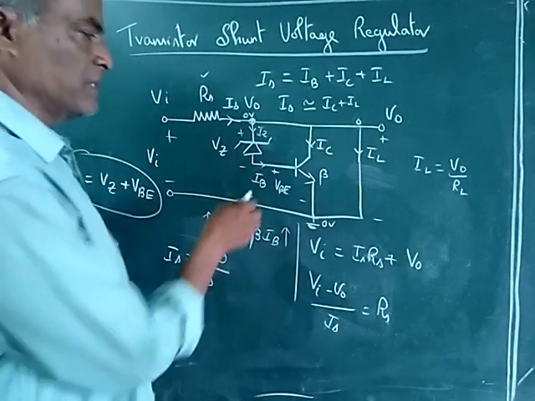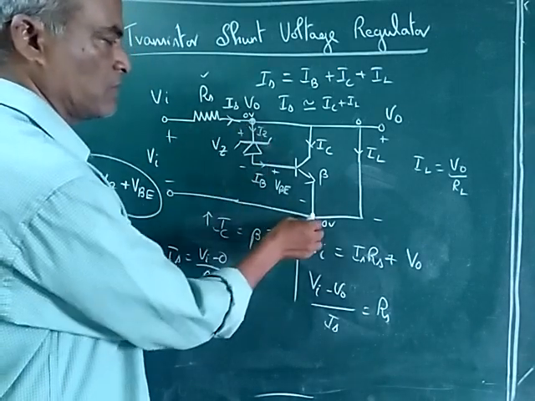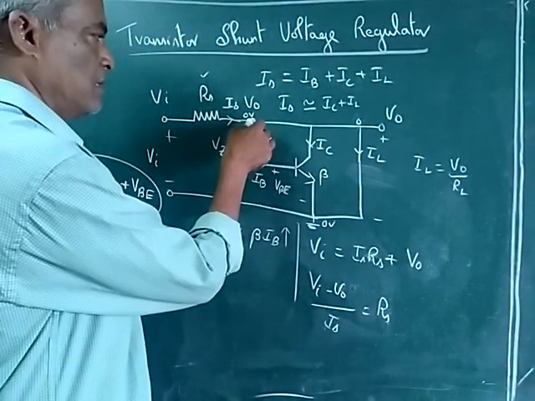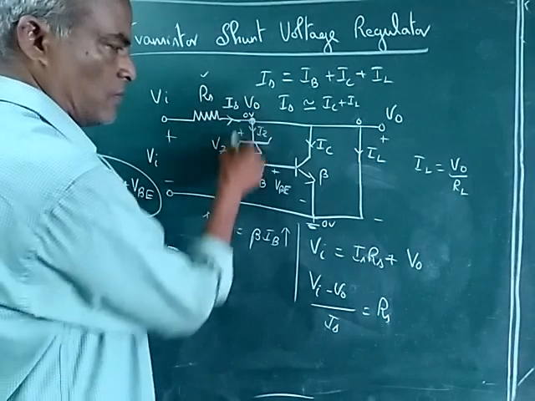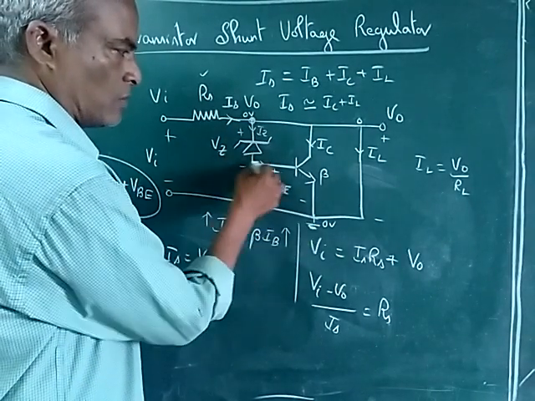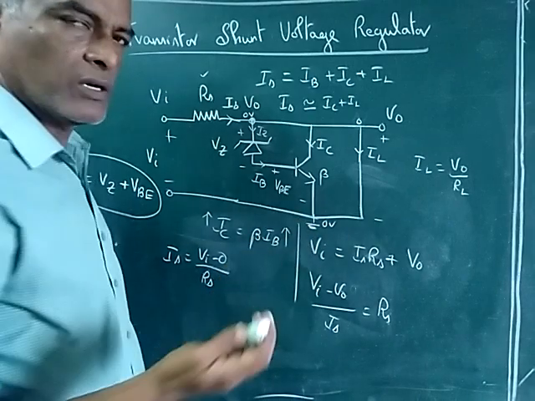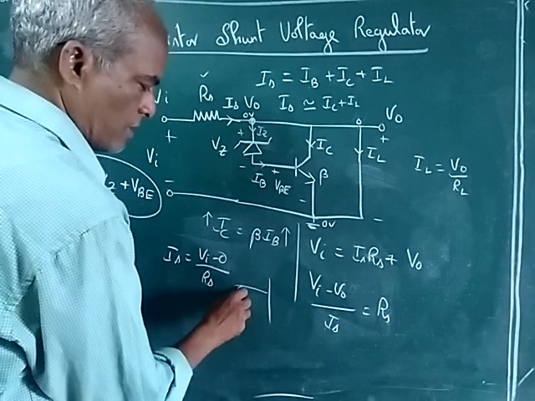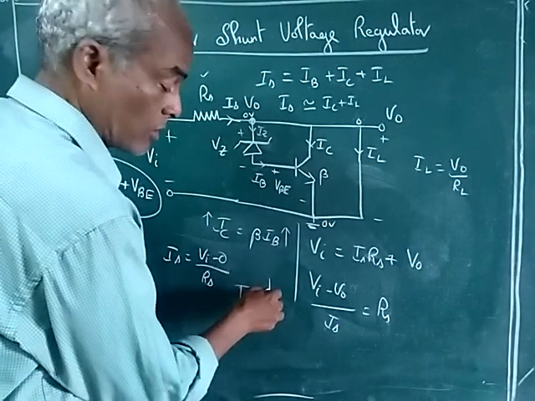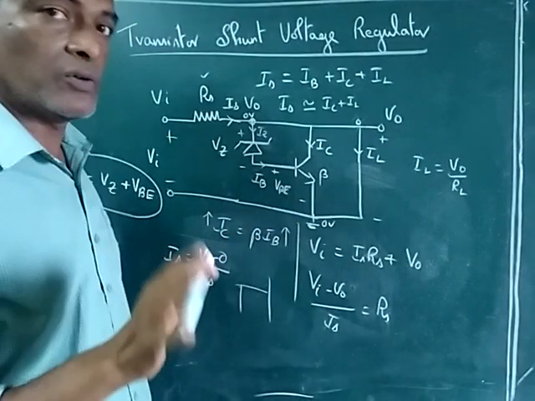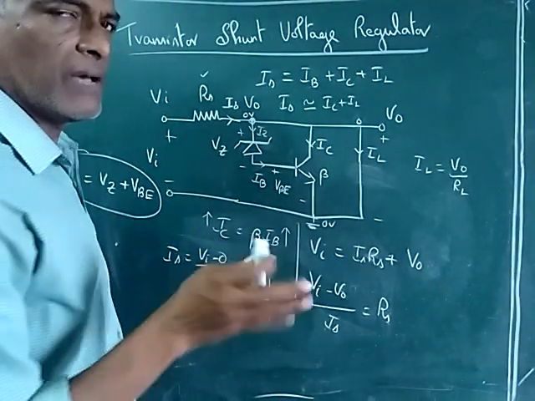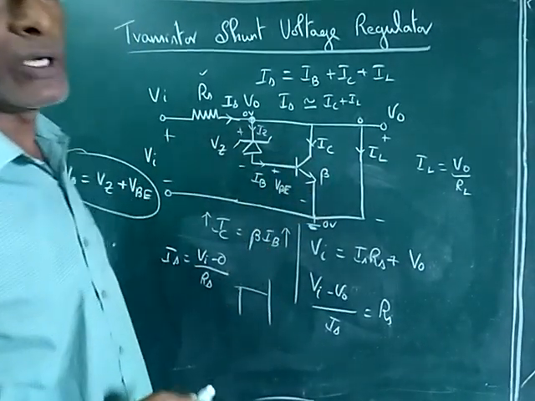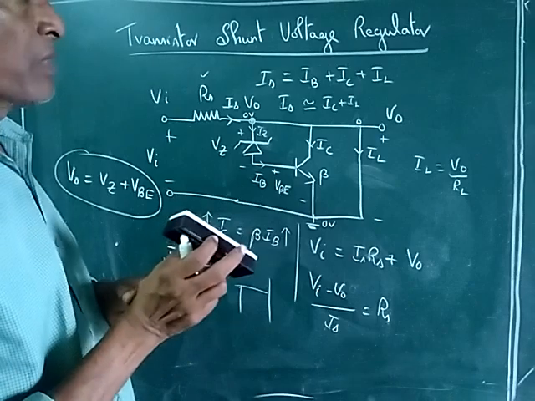Therefore what happens is, since this point is 0, this point is 0, this is not going to act. That is, since this end is 0, this end is 0, no current will flow through the Zener diode, because it is within the Zener breakdown region. Therefore the current flowing through the Zener diode will be approximately 0, or we have negligible current. So that won't make your transistor go into on condition.